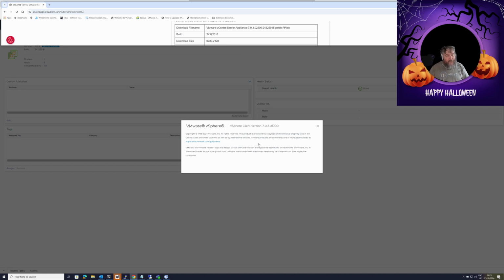So the web client has not changed, but the back-end functions of VMware vCenter Server have changed. So just to answer that little question, if it puzzles you why the build number's not changed there but has changed here: the build number there is 24322018. You are running the latest version of VMware vCenter Server